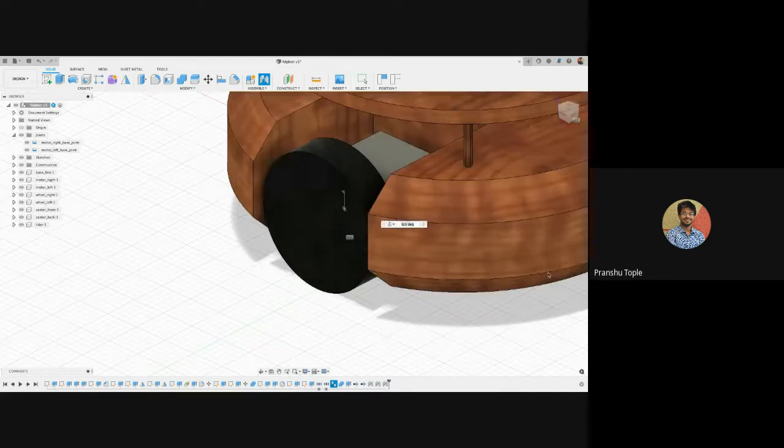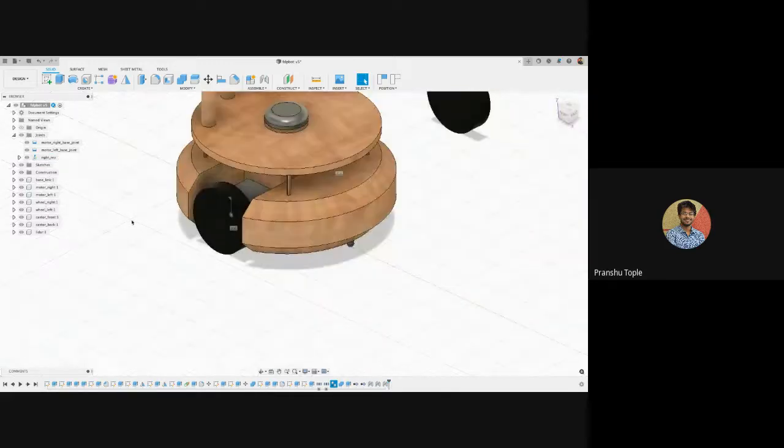I will press OK. So here it's named as Rev3. So I will say Rev stands for revolution. So I will say right Rev, something like that. This is the name of my joint, right Rev. Again, everything should be in small case. There should be no space. I have added underscore instead of spaces.